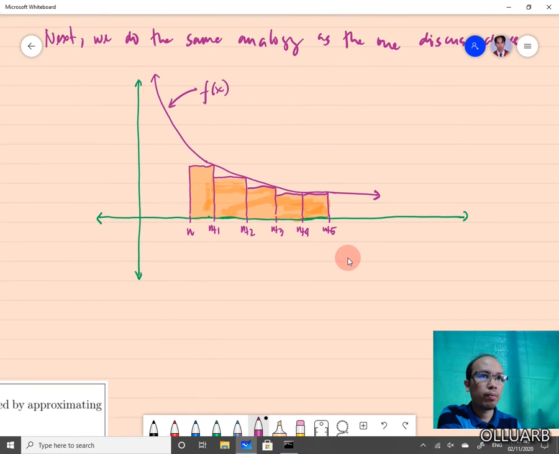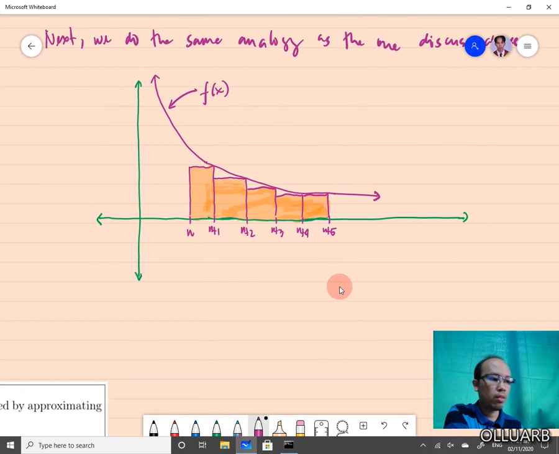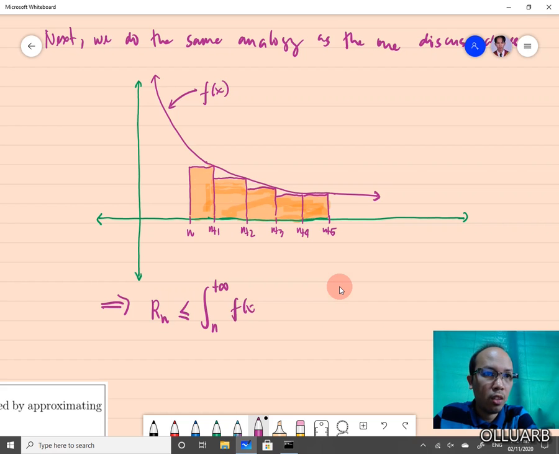That one. So this implies that the remainder will underestimate. Okay, start with n up to positive infinity. Okay, so your conclusion here is the